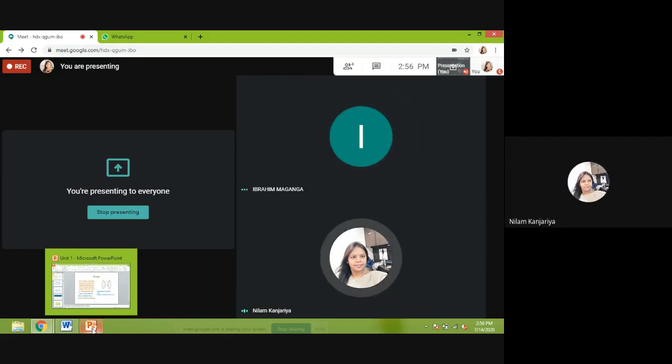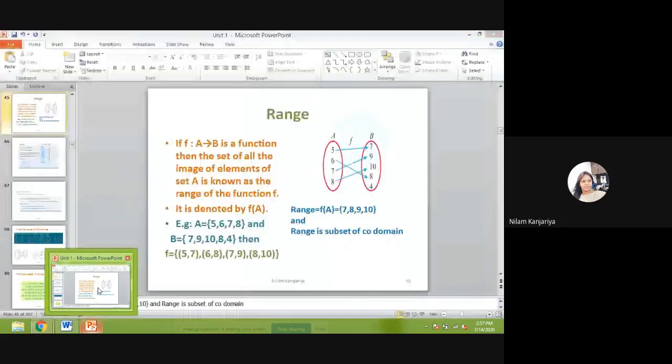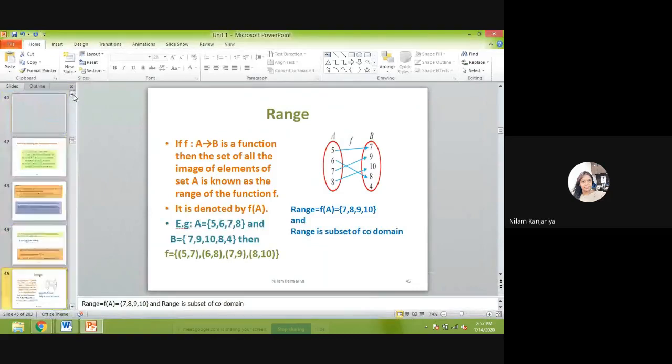Take a minute. If someone asks you to give the definition of a function, you just tell them: you have two sets A and B, both non-empty, and every element of set A is related with B, and B has a unique element. Such a relation is known as a function. In short, every element of set A is related with a unique element of set B. Such a criterion is known as a function. Is it the definition of the function?